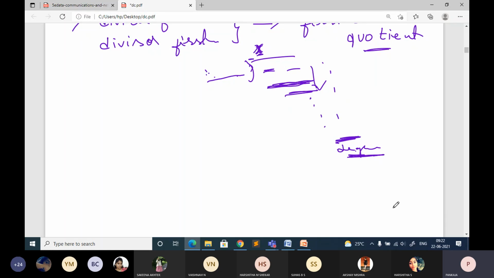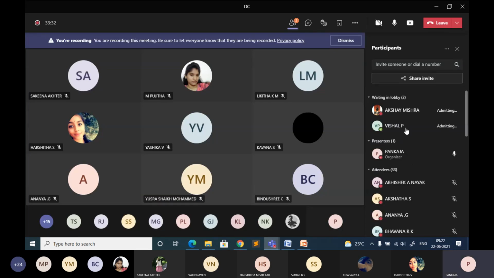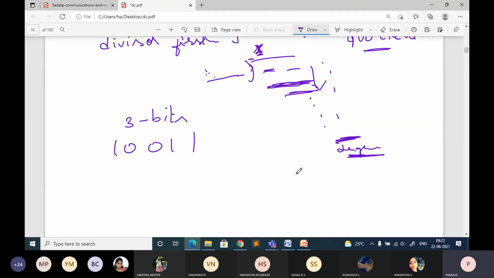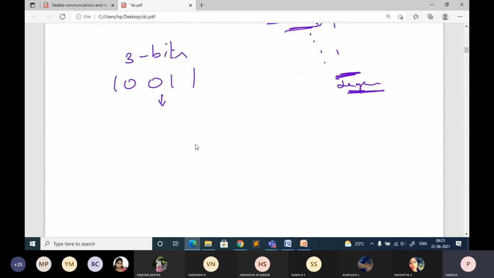Okay, so now with respect to shifting, if you want to shift the values, normally in binary, if you want to shift 3 bits left side, okay, so the given value is 0, 0, 1, 1. So if I tell shift left side, what happens here? Just a minute. So your shifting is achieved in polynomial just adding 3 zeros at the leftmost bit. Okay, 1, 0, 0, 1, 1.